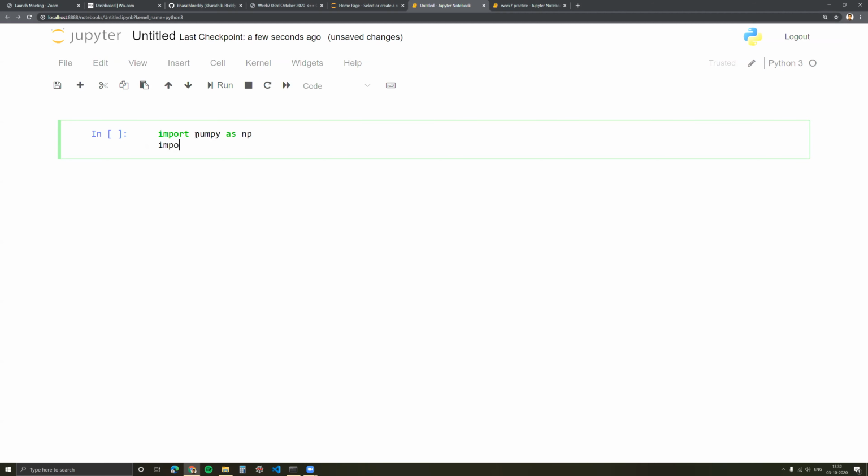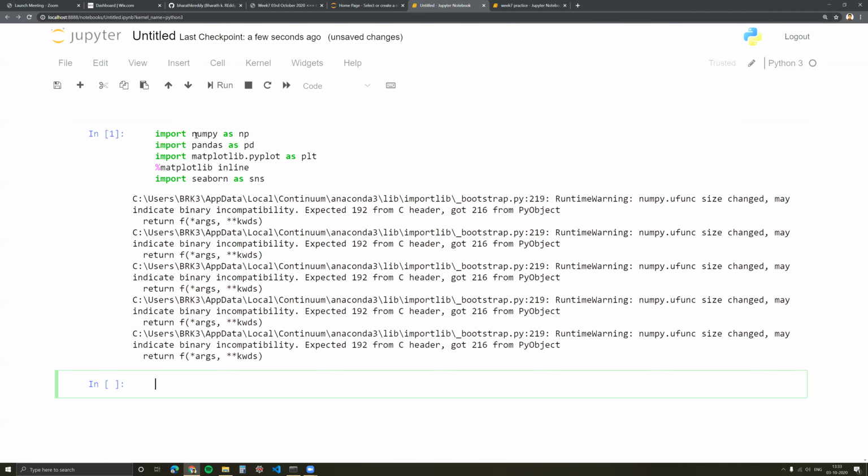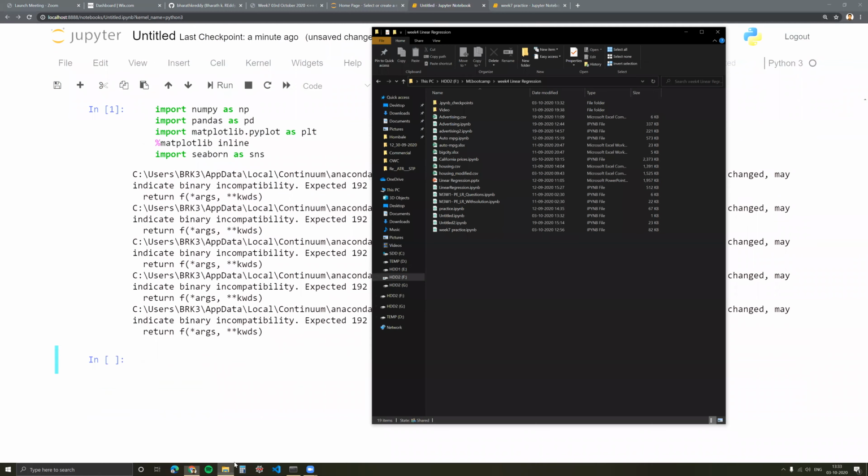So we start by importing all the usual libraries. This file is housing modified.